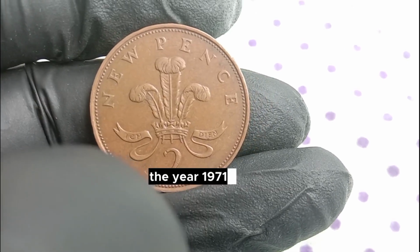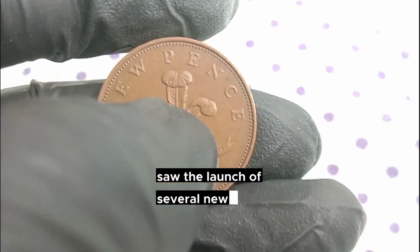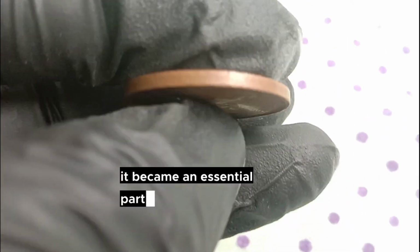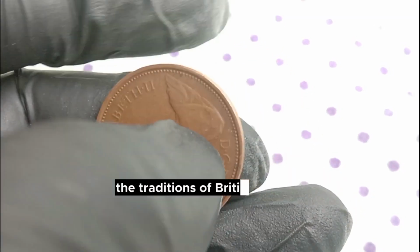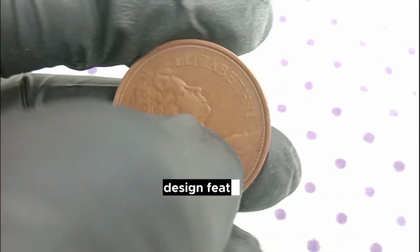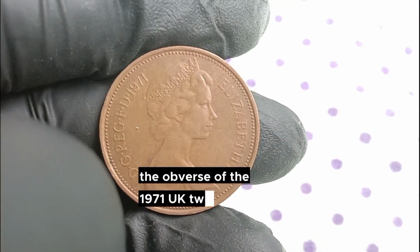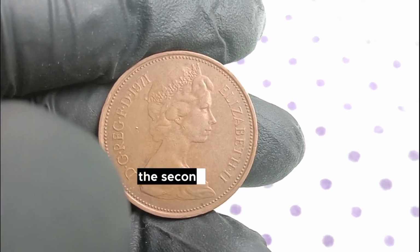The year 1971, known as Decimal Day, saw the launch of several new coins, including the 2 pence. It became an essential part of the everyday currency, designed for practical use while also reflecting the traditions of British coinage. Design features. The obverse of the 1971 UK 2 pence coin features a portrait of Queen Elizabeth II, designed